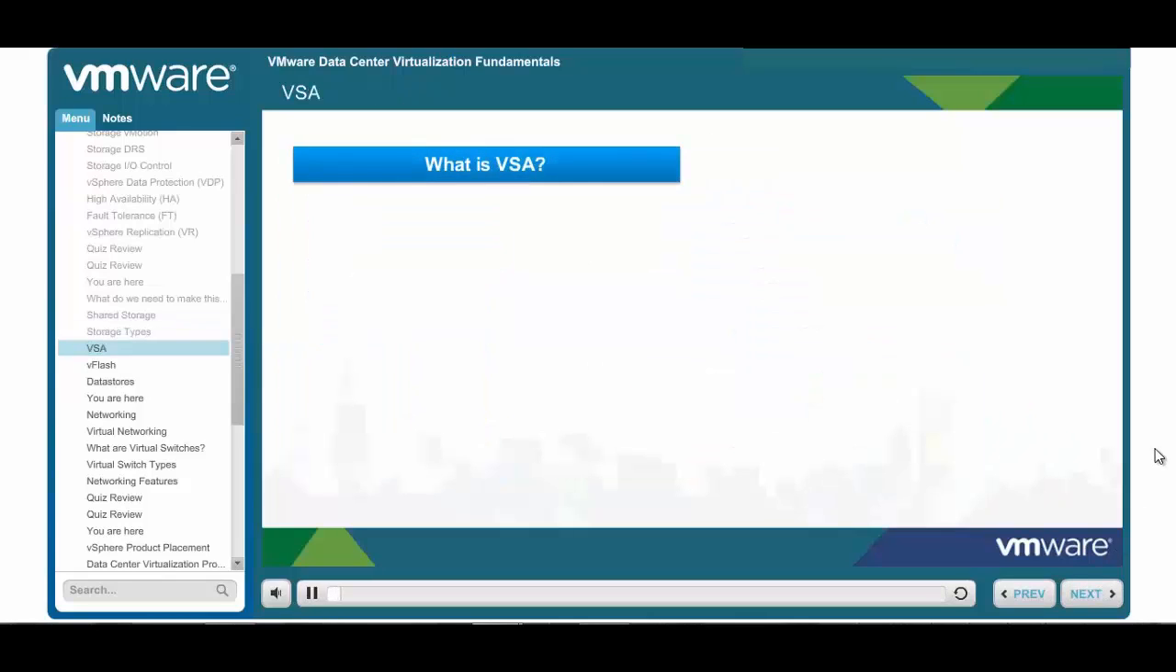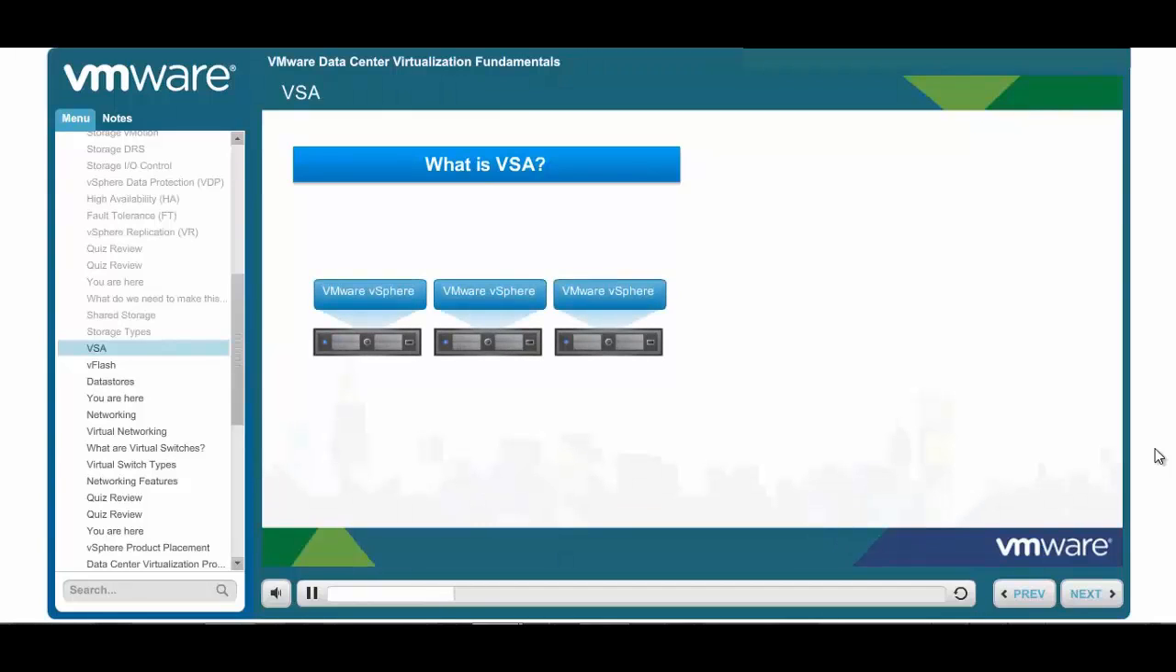Would you like to save some real money? Would you like the ability to use the shared storage features of vCenter without the cost and management of a full storage array? The vSphere Storage Appliance, or VSA, can help. VSA is a component of vSphere that